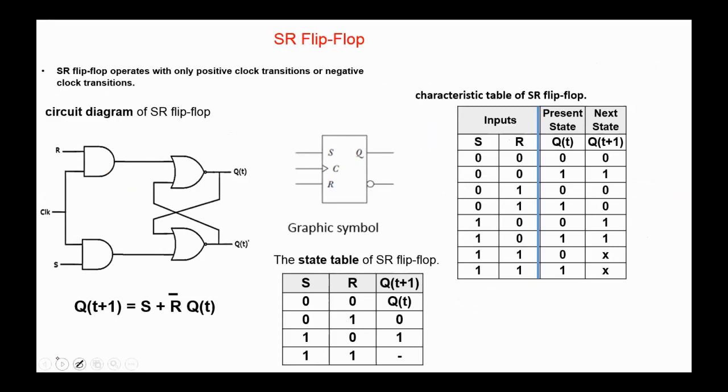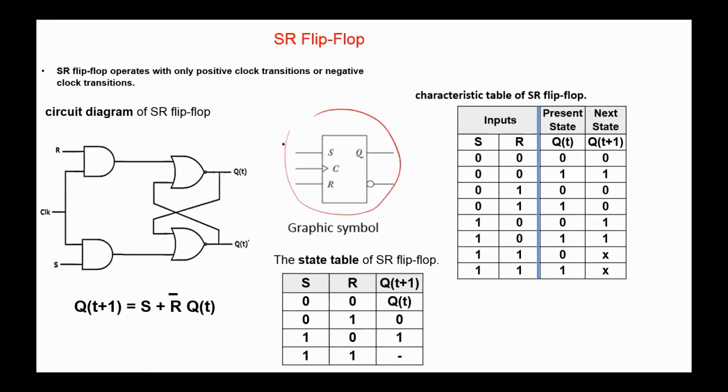The basic sequential circuit is the flip-flop. The flip-flop is capable of storing 1 binary bit. There are several types of flip-flops: SR, D, JK, T, and others. All flip-flops operate with only positive or negative clock transitions, and therefore they are called edge-sensitive, unlike latches, which are level-sensitive. This is the circuit diagram for the SR flip-flop implemented using NOR gates,